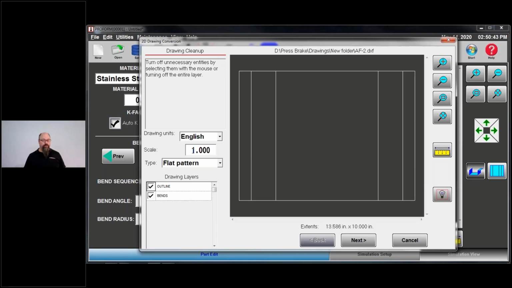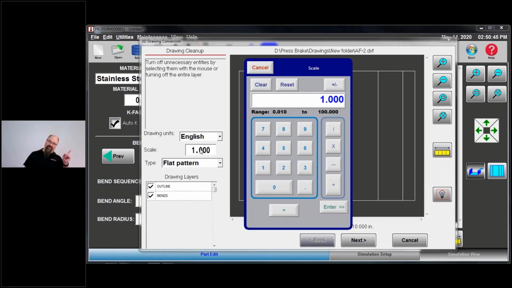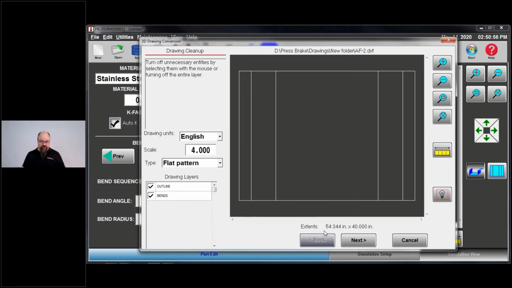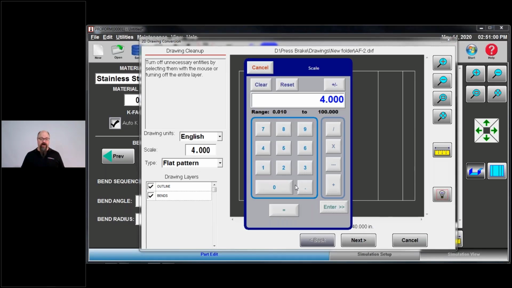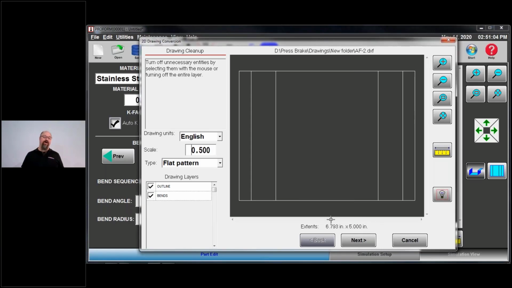If it's a scaled drawing, first off, get yourself a 1-to-1 scale. But if I have a 1-to-something scale, let's say it's a 1-to-4 scale, then I would put in here that my scale is 1-to-4, and that will drastically change the size of my part. I could go even that far if it's a 2-to-1 scale instead of a 1-to-2 scale.